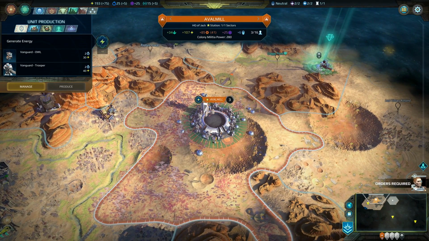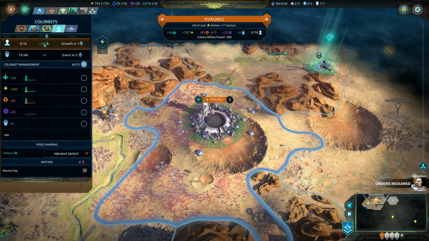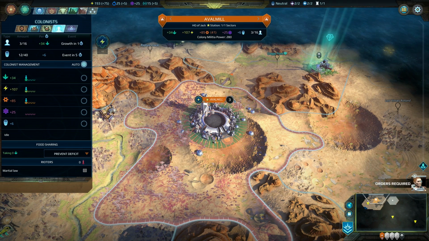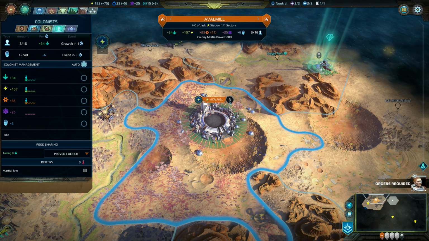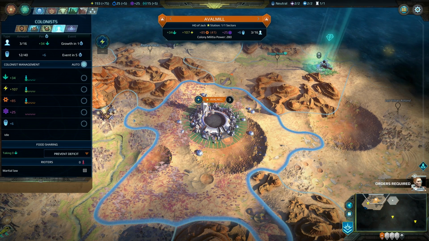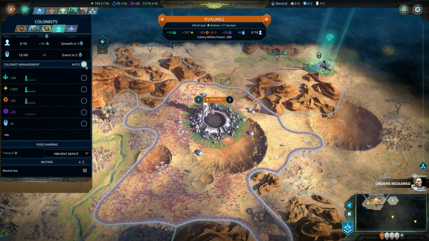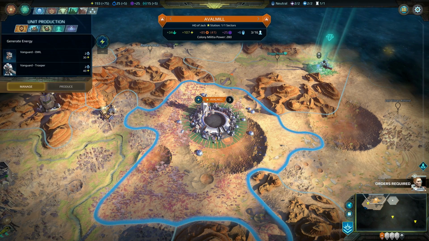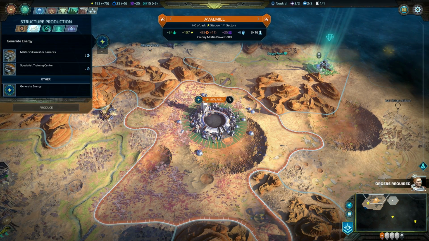The biofarm is done. So note over here now, we're doing 34 per turn, and we're going to grow faster. You can see this little thing as well, very similar to Civ. We have 3 population in 1 turn. We're going to have an extra, and then we can allocate them if we need. Right now, I'm going to leave all that on auto so we don't have to think about it too hard. The next thing we'll probably do...